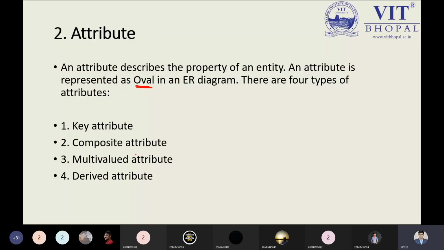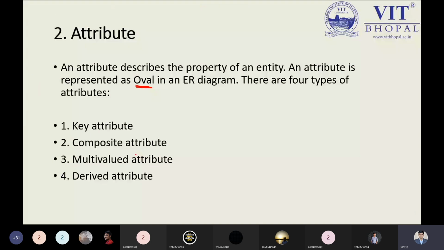An attribute basically describes the property of an entity. Of course, if I choose a human being, what are a human being's properties? His or her organs belong to the properties: how many legs you have, how many hands you have, how many fingers in your hand. All these are recognized as properties, and they can be identified by attributes in the database. So the properties of the entity will be identified by the attribute, and this will be represented by the oval. You can use the oval or the ellipse, there will be no issue.